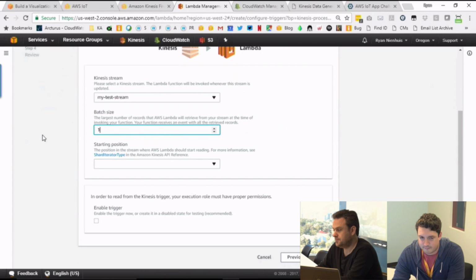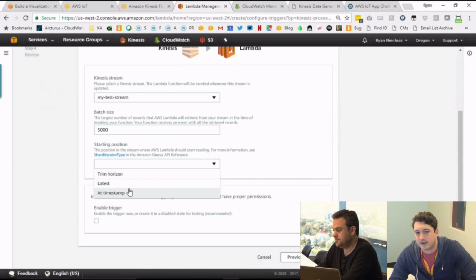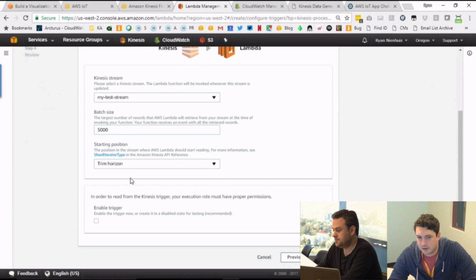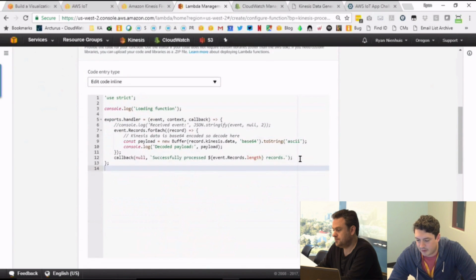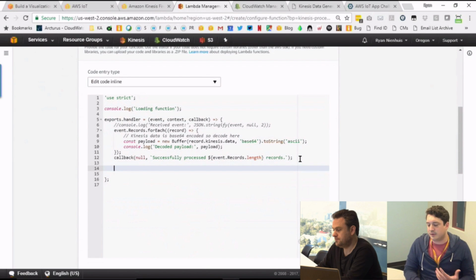So 5,000. And then the starting position, for test purposes, you want to always choose the latest. For other purposes, trim horizon is a very good option. We'll enable the trigger, and it provides a good example here. And here you can just put a piece of Python code that reads data from the Kinesis stream and writes to DynamoDB.